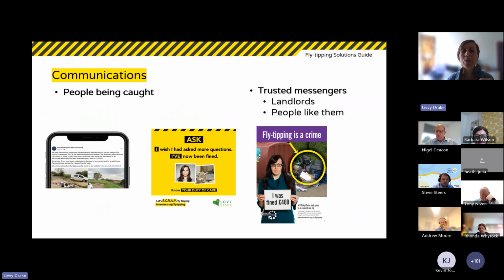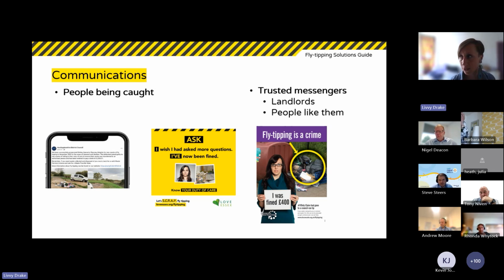And who are the people that people do listen to? If it's not you as the social housing association, or it's not you as the local authority, who do people trust? Now, in the research we conducted, in the literature reviews, what we found was that people expected their landlord, especially in HMOs, to tell them what they were supposed to do with their waste, what day it was supposed to be put out, what was supposed to go in it. So if you've got HMO landlords that you can get information to, if you're a local authority and you need to engage with the social housing associations, how can they be the trusted messenger for you?